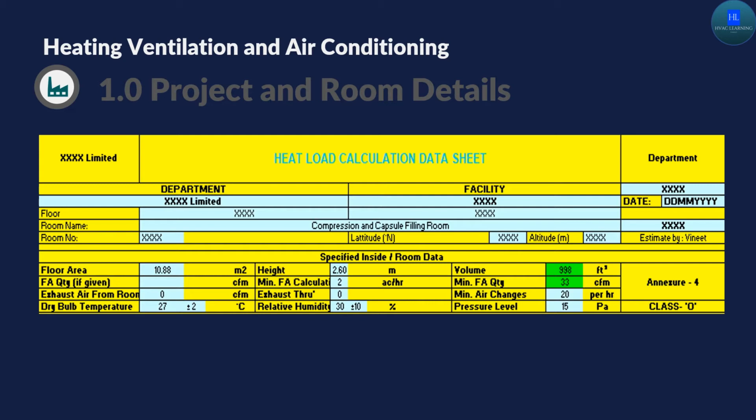Then we need the dry bulb temperature or the relative humidity which is to be maintained inside the room. Then we need to calculate the fresh air consideration, what kind of pressure level we have to maintain. So here we have considered 15 Pascal, which means the room will be at 15 Pascal pressure. Next, we have to touch upon what is the minimum air changes needed. For most clean room applications, 20 AC is minimum needed. So here we will come to know about the volume and the pressure calculation, and in addition we need to check what kind of cleanliness class level is needed in that room.